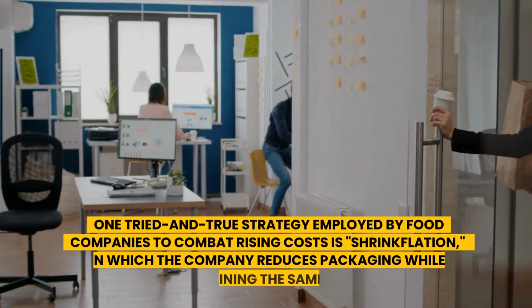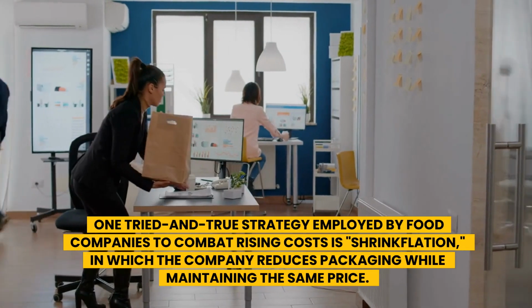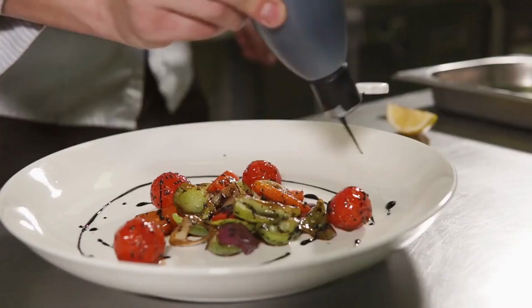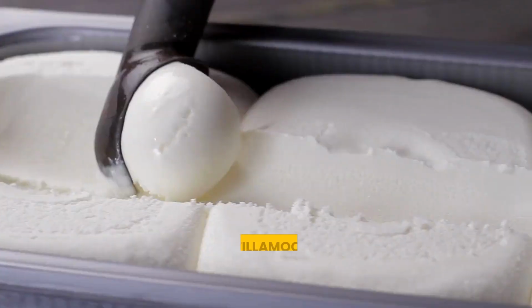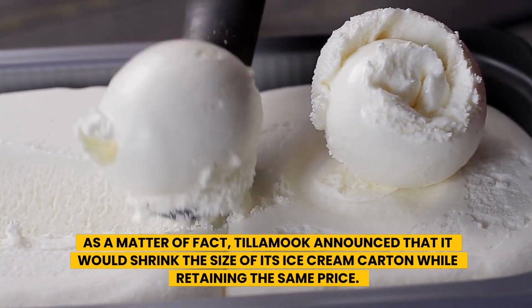One tried and true strategy employed by food companies to combat rising costs is shrinkflation, in which the company reduces packaging while maintaining the same price. There are numerous complaints about porridge boxes and sauce bottles shrinking on the Reddit thread shrinkflation. As a matter of fact, Tillamook announced that it would shrink the size of its ice cream carton while retaining